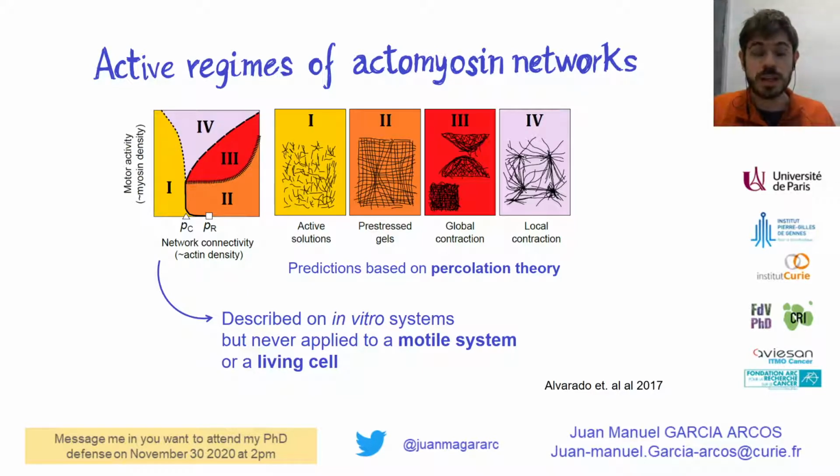And this is based on percolation theory, which is a range of mathematical theories and work that describe how you can define the global behavior, so the microscopic behavior of a network, like rigidity or conductivity, based on the molecular properties when you change the concentration of links. And very importantly, this has been described in in vitro systems, but has never been applied to a motile system or